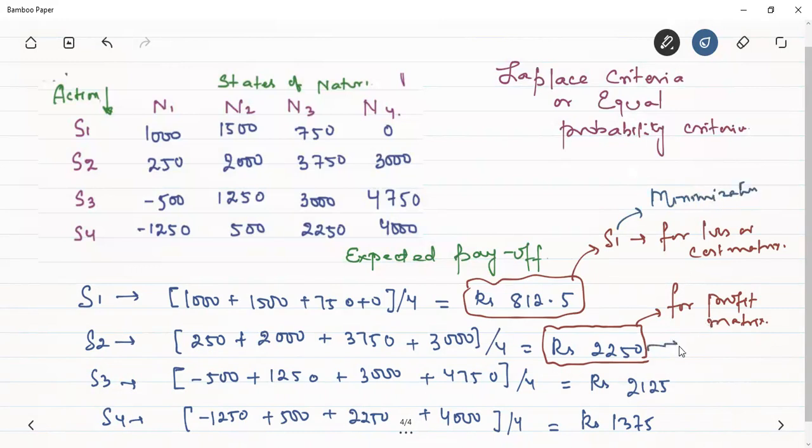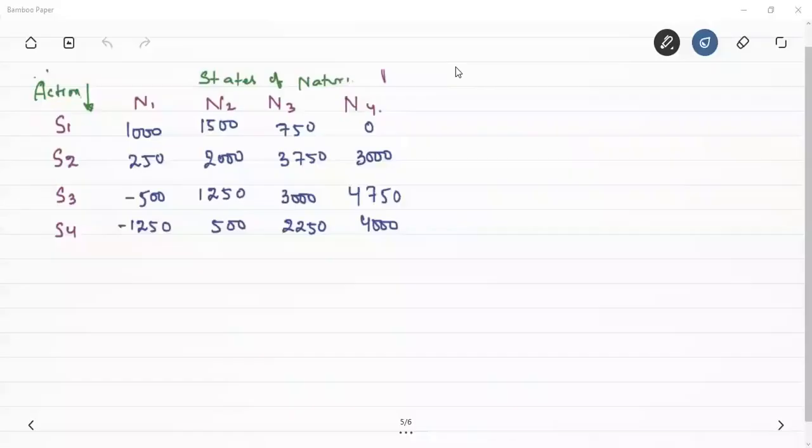And this has to be selected for the maximization problem. Now let's see another two criteria. The fourth criterion which we had studied was the Hurwicz criterion. According to this criterion, what we did is we calculated a parameter that is known as